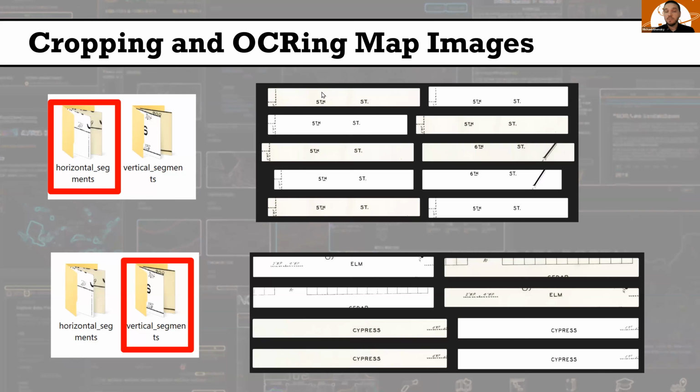And then the next step is to OCR these smaller cropped images in order to pick out the street information that should be associated with that intersection. So you can see we have a lot of 5th Street, 6th Street. This process isn't always perfect. You can see in this example down here in the bottom right, Cedar Street is kind of cut in half because it was a little bit off in predicting where that intersection point should go. But overall, we see that most of these are legible.